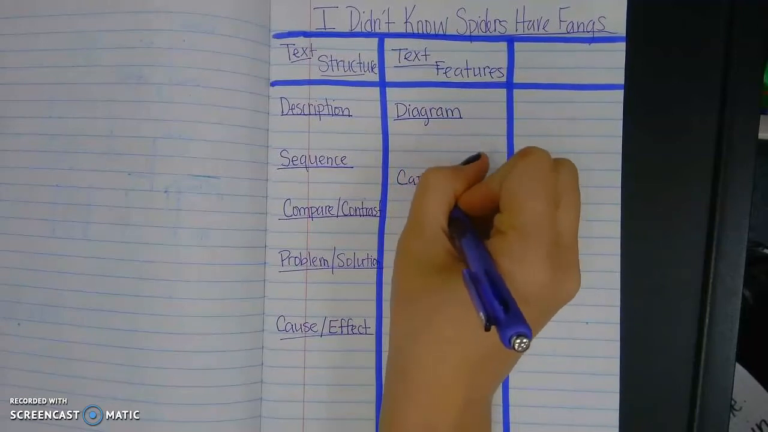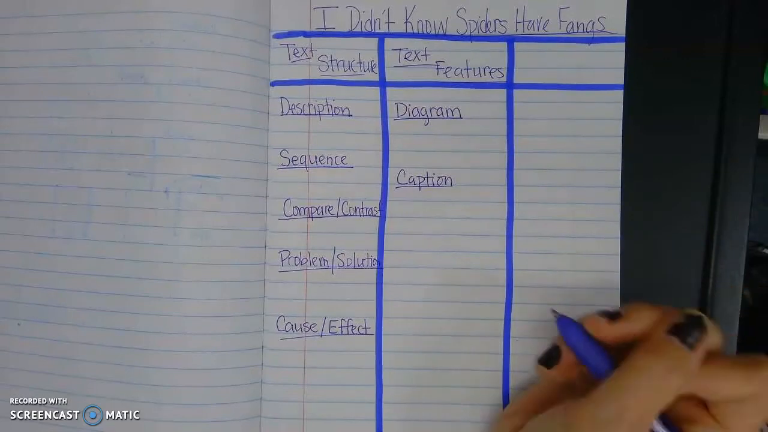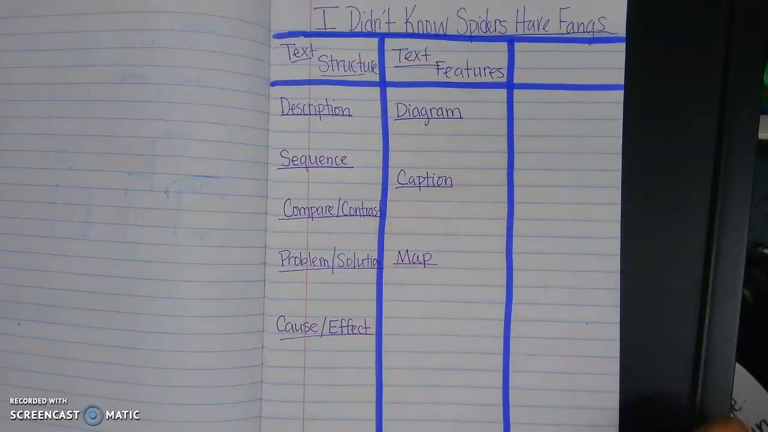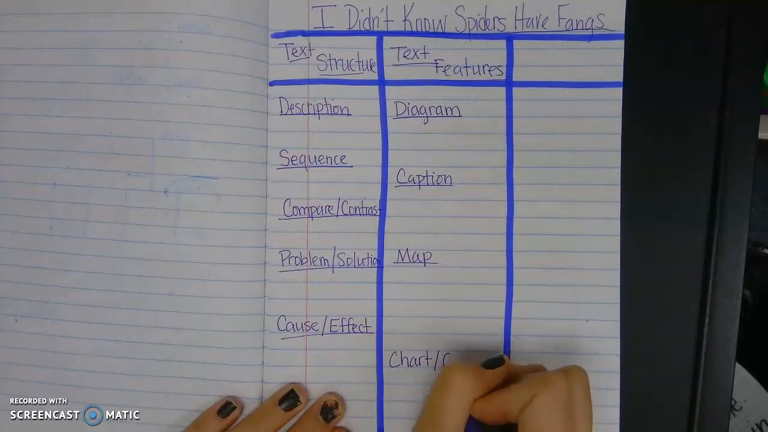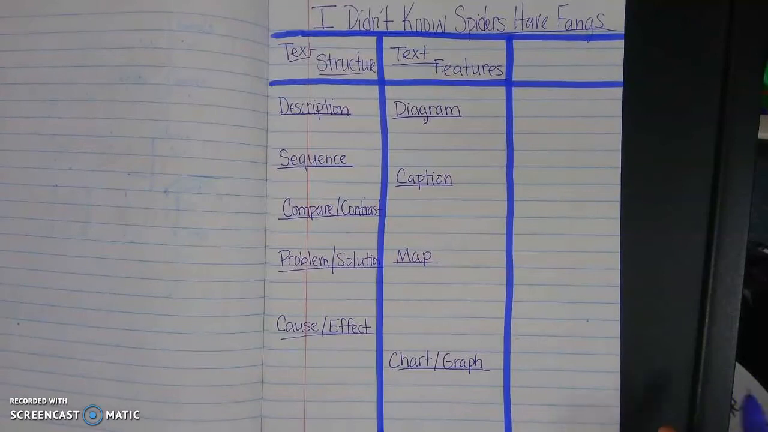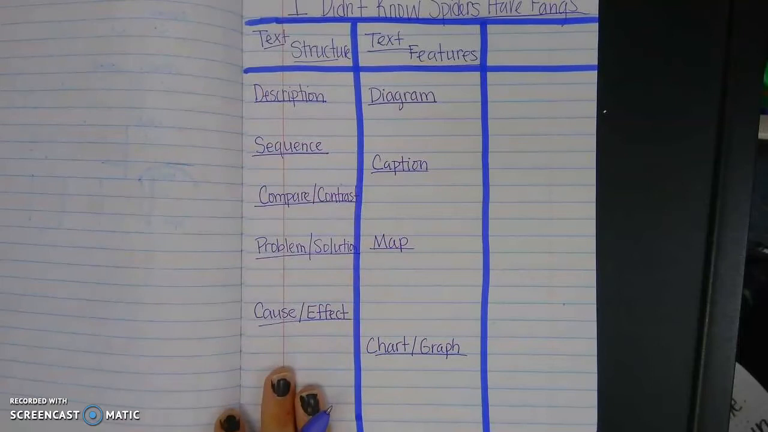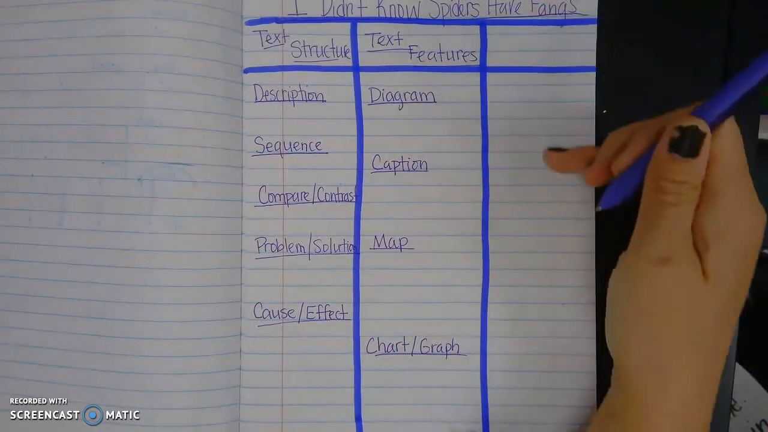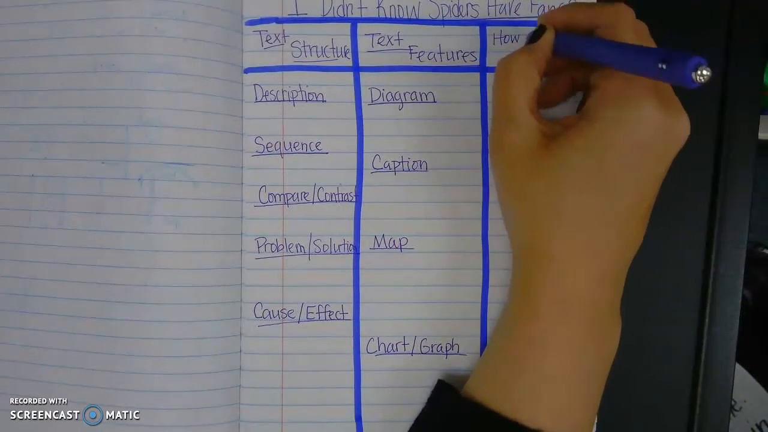If you see a caption, so maybe a photograph with information written under it. If you see a map, and maybe a chart or graph. Okay, any of these you think are important. And once we do this, once we figure out the main text structures that are in our story and some of our features, we're going to write in this column over here, how does